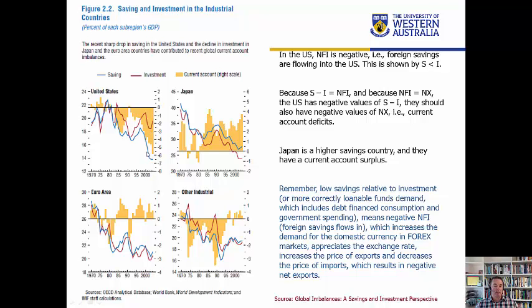So where has this money been coming from? Well, first of all, Japan. Savings is greater than investment. They send a large part of that money to America. As they send that money to America, it increases the supply of yen in the foreign exchange market. It holds the value of the yen down, lower than it would have been otherwise, and it helps Japan run a current account surplus. So some of that money is coming from Japan.